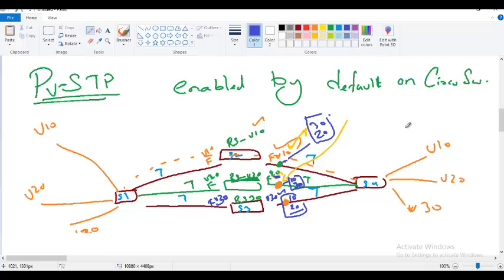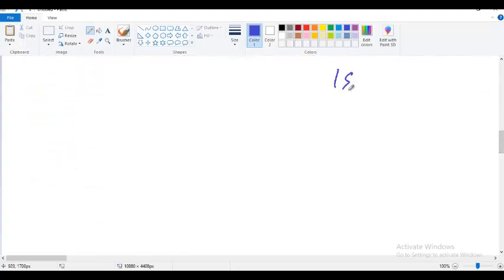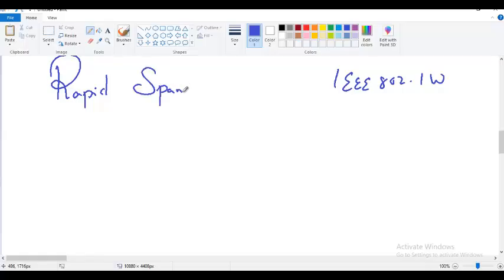The next one is IEEE 802.1W standard, which is nothing but rapid spanning tree protocol. IEEE 802.1W, rapid spanning tree protocol. See, as the word says, rapid